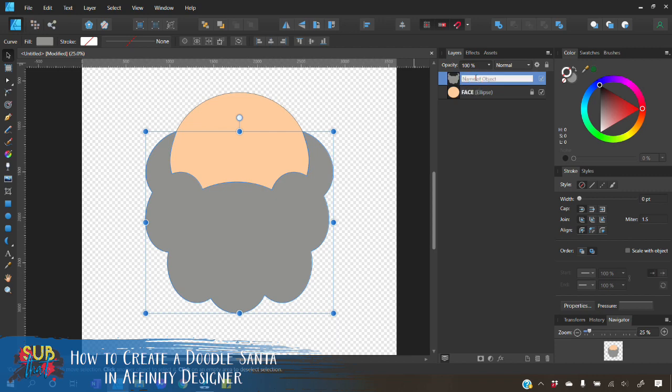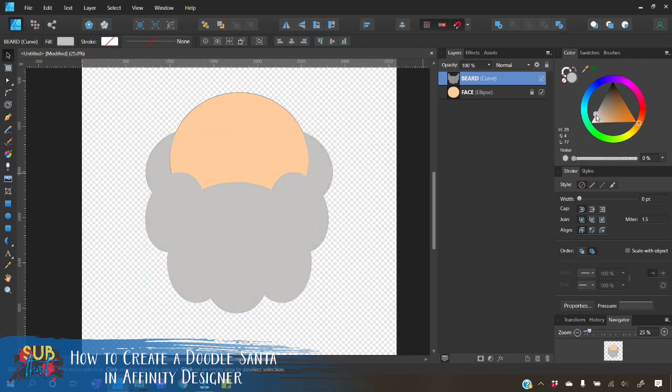Once again, you can click on the name and rename it so that you know what you're looking at. So let's go ahead and give this beard some shape before we do anything else with our Santa. I know that I want my beard to be white, or at the very least a very, very subtle gray. So we'll click on the filled circle in our color panel, and I'll go ahead and drag this right on